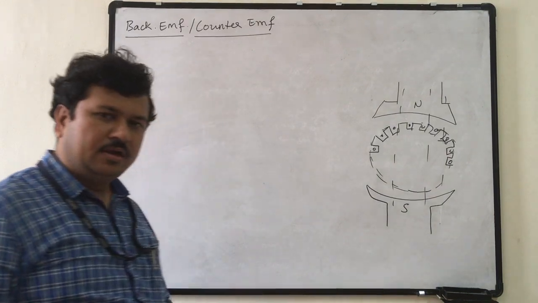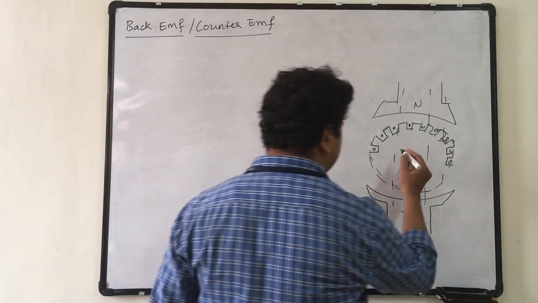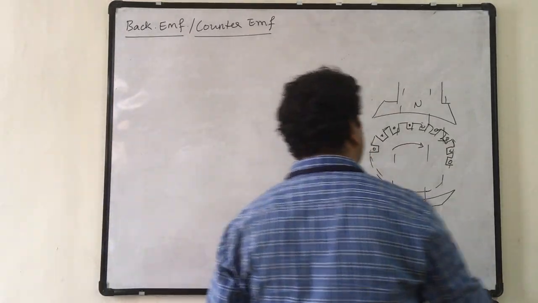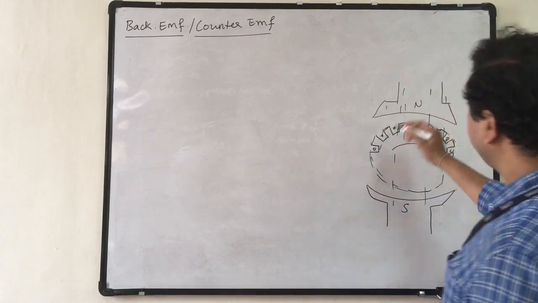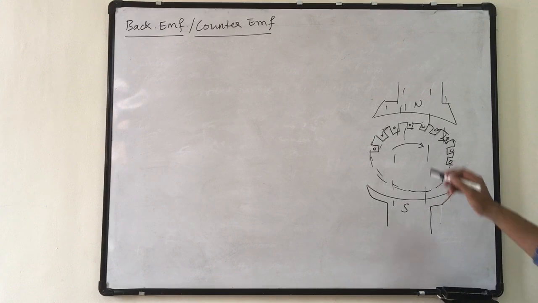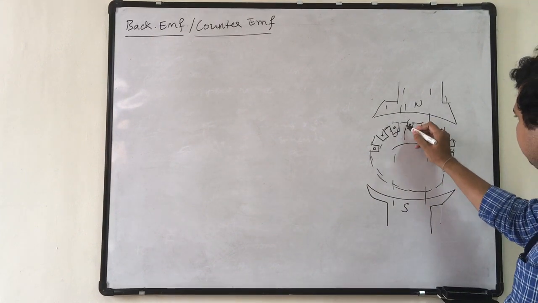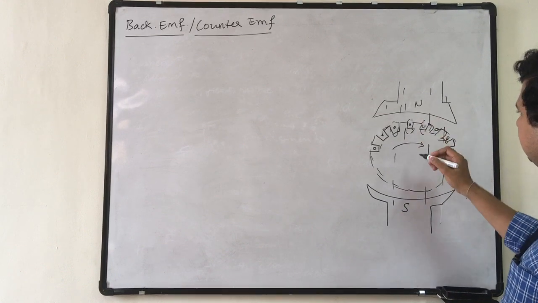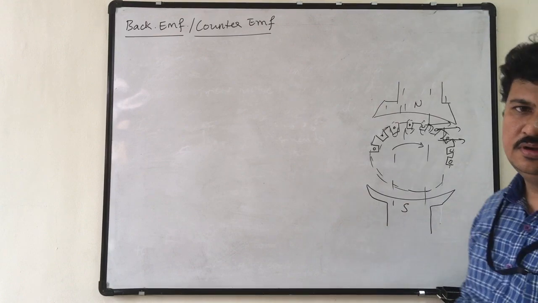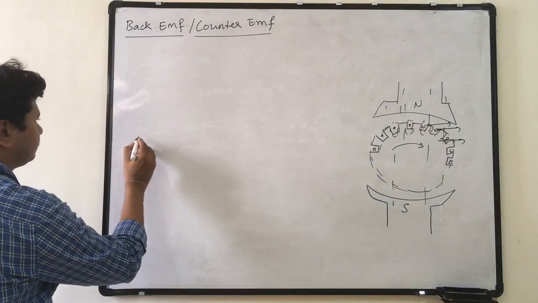Now we know how the rotor starts rotating. Let us take it as rotating clockwise or anti-clockwise, any direction you can consider. Now there is flux. When I provide current to the armature conductors through the commutator segments, these conductors carry current. This forms their own flux, and these two fluxes interact and the rotor starts rotating. Now I will take out only one conductor.